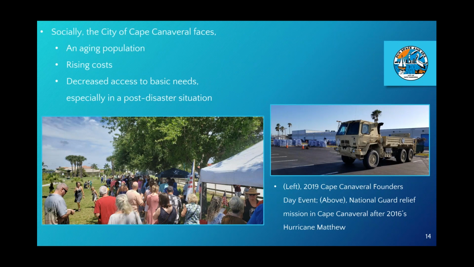Now, socially, the city faces an aging population in general that brings a whole host of other issues, one of which being safety. We know a number of our residents are disabled, elderly, and do not have access to a vehicle for travel. Remember the statistic I gave about increasing instances of weather and climate-related power outages? Well, this is where this comes into play. Power outages, especially in the summer months, are potentially very dangerous to elderly within only a relatively short period of time, heightening our need for more hardened and resilient infrastructure and services that can operate independently of the mainland if need be.